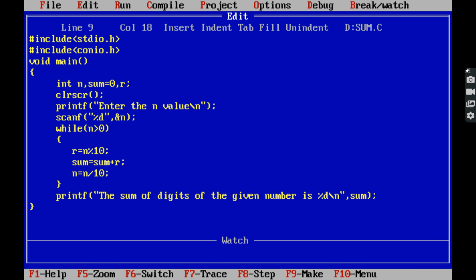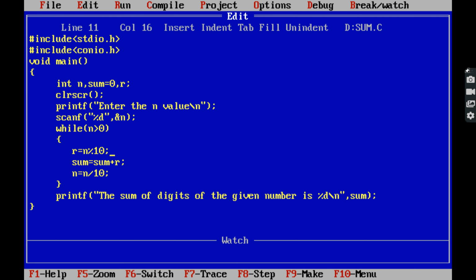Here we are using a while loop. While n is greater than 0, the condition is that if the n value is greater than 0, the statements within the body of the while loop are executed. What are the statements within the body of the while loop? r is equal to n modulus 10.